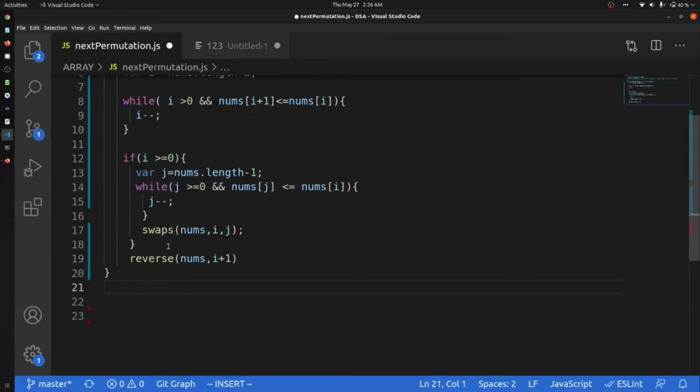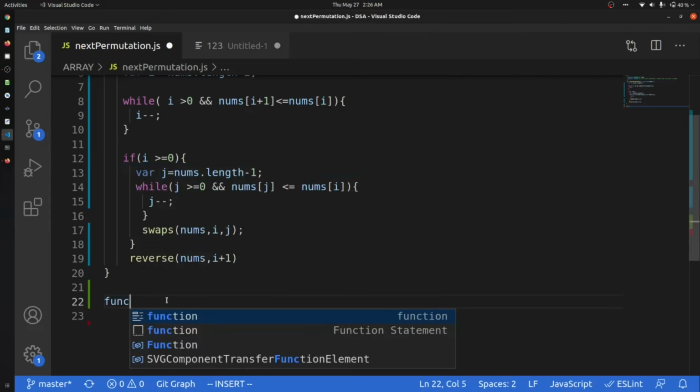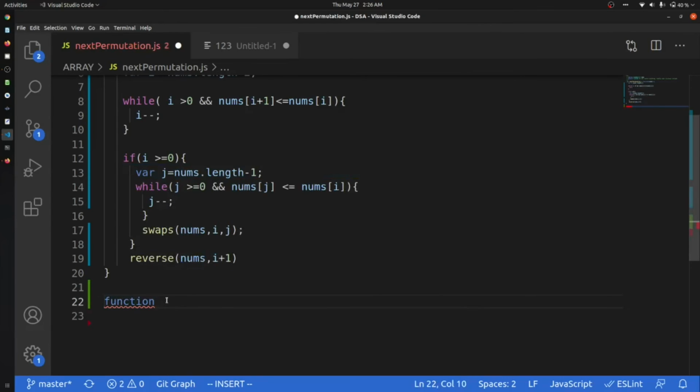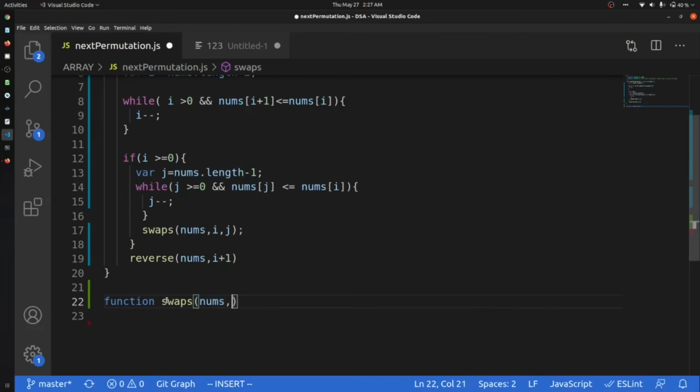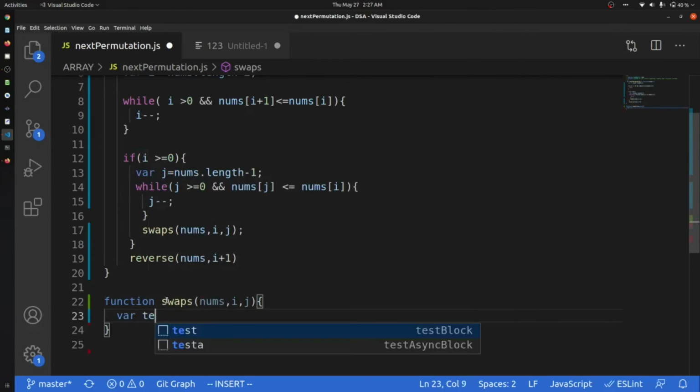So after that I have to create the swap function and the reverse function. What we will do is say function swap. It will take nums, i comma j, and you can use the basic swapping functionality.